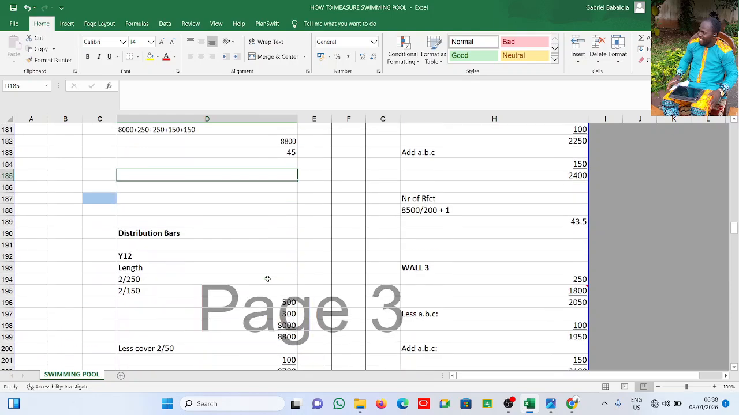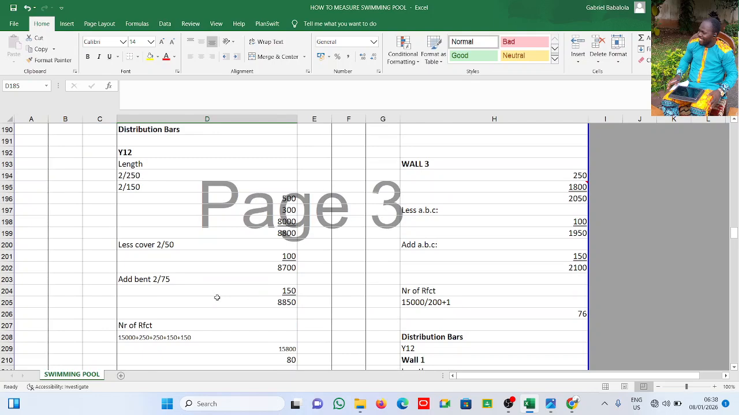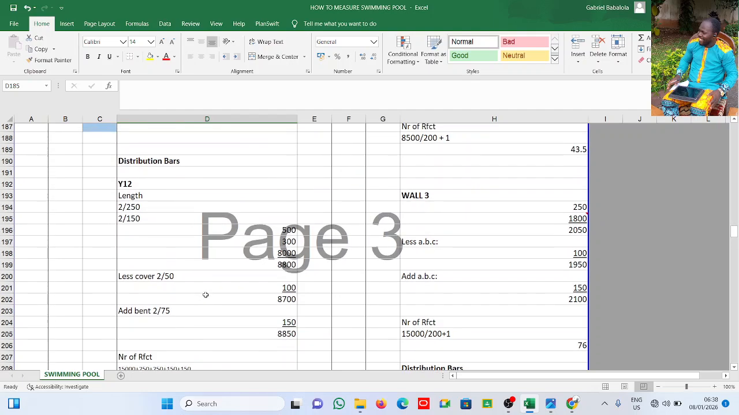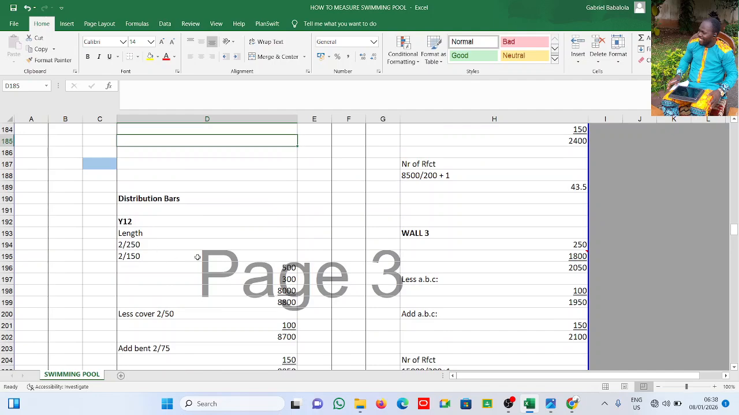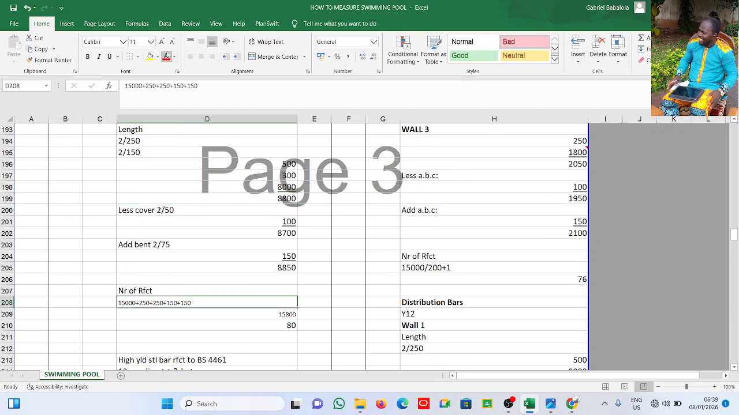All right, the same thing for the distribution bars, just that the total number will be different, including the length. The length will also be different. Now this is what we have. The same thing we did in the other side, we'll do here. We less cover, we add bent, and then